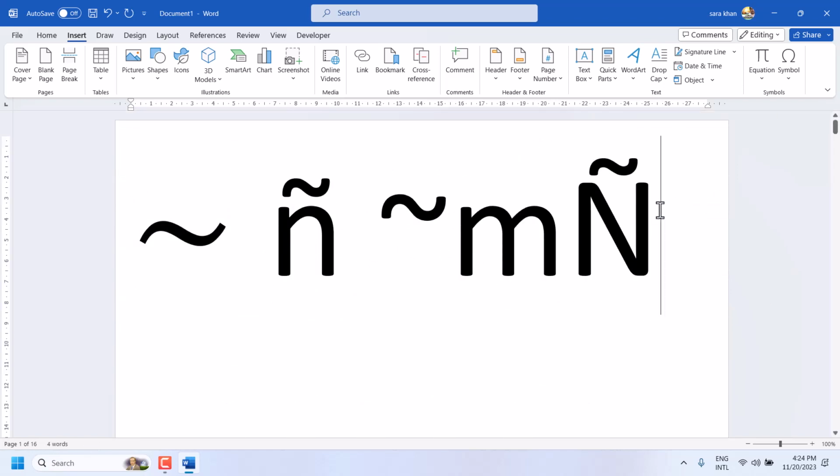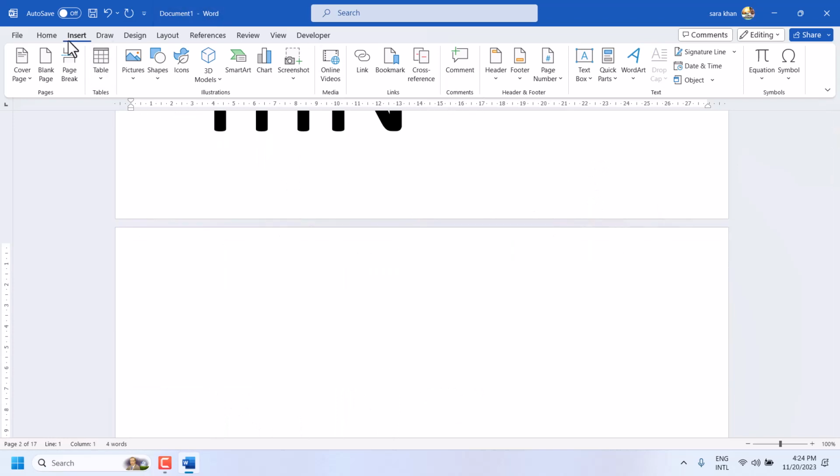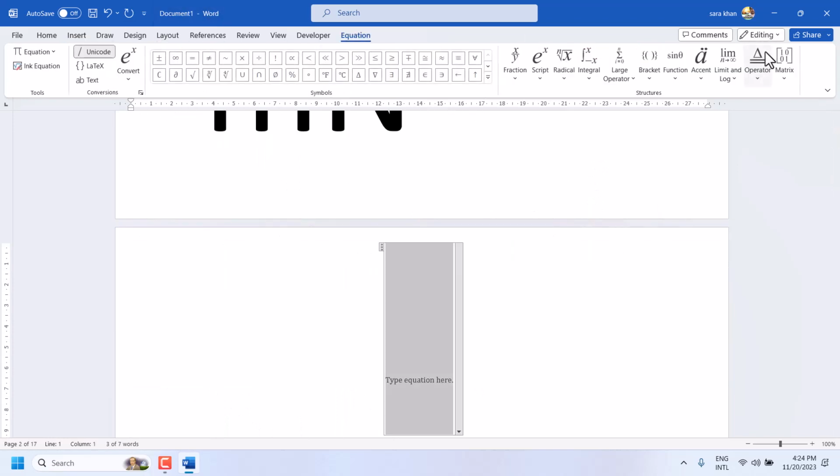And another way, insert equation and you will find this symbol